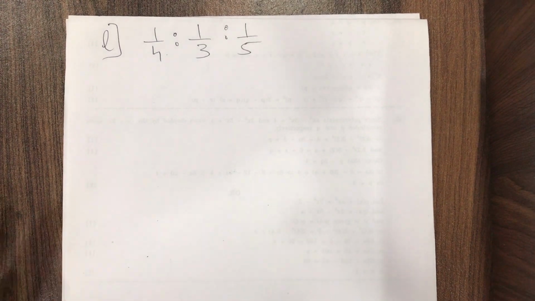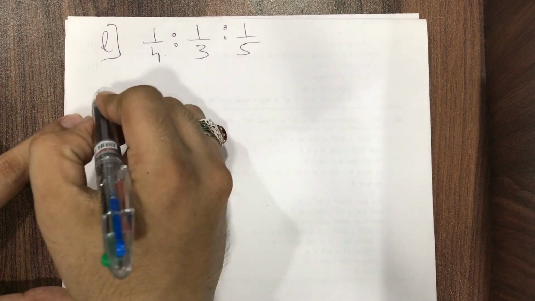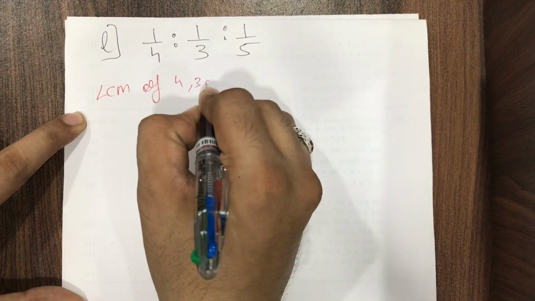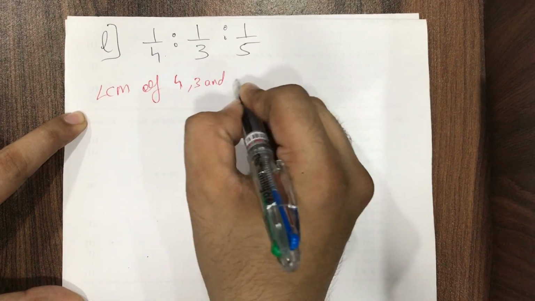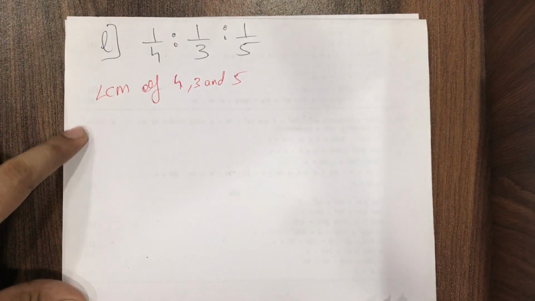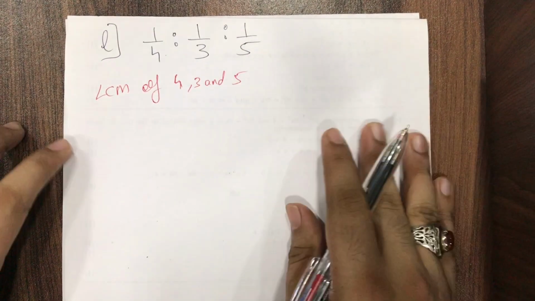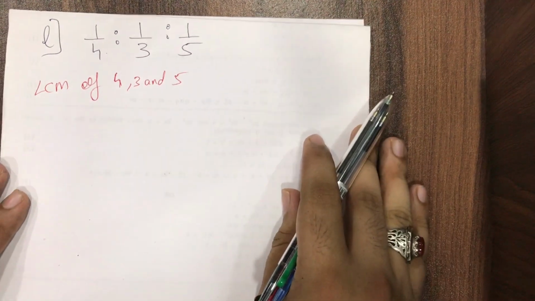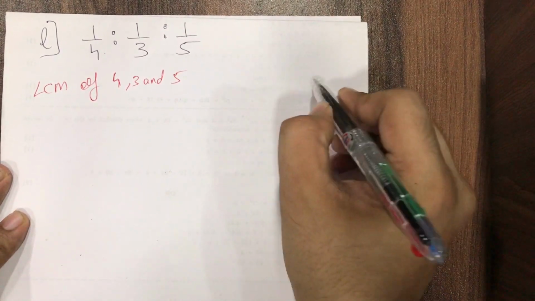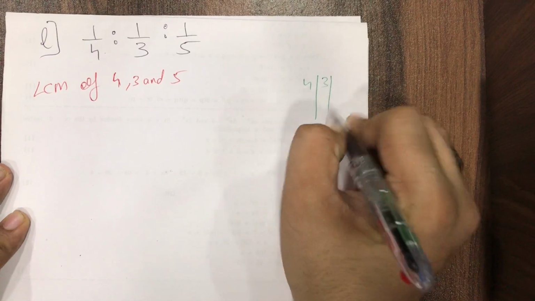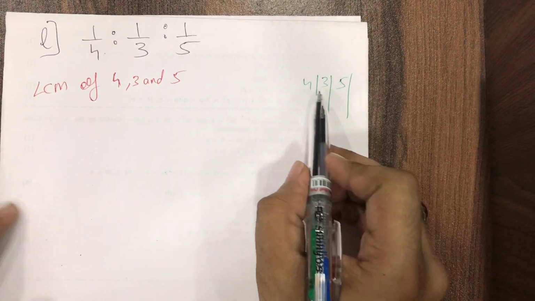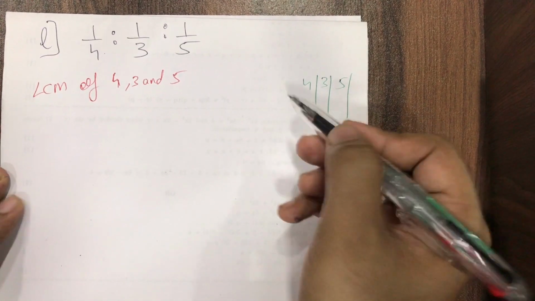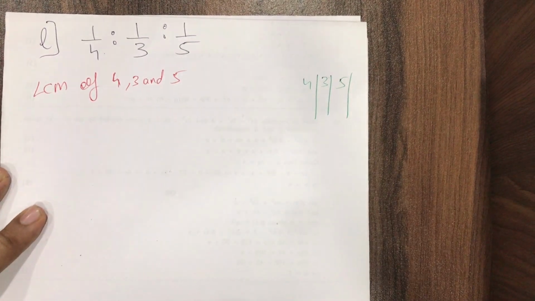So what to do? Now listen here carefully. I'll find the LCM of 4, 3 and 5. It's very simple, but still I'm showing you all what I'm doing here. Some students might feel, sir, why are you not doing it in that manner? So that's the reason. 4, 3, 5. Students, there is nothing common between the 3 numbers. Nothing common. Then if you say go with 2, as I told you, I'll always go with 2.